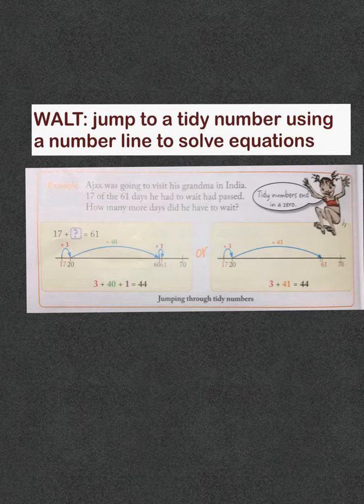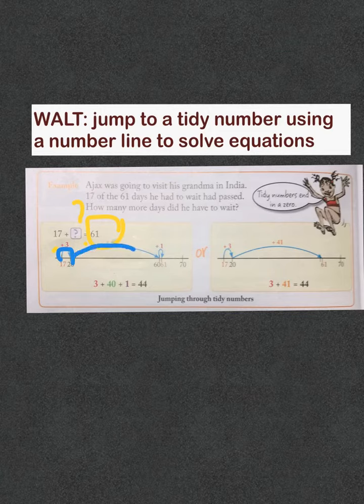So you can see we're trying to find out how many days. So we've got our 17 days had already passed out of his 61. Okay, so we need to find out, this is our question, how many days. So we can go 17 plus 3 to make it tidy, to make it 20, and from 20 we can